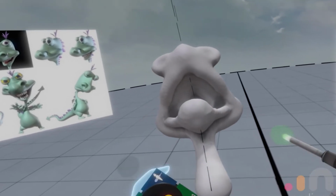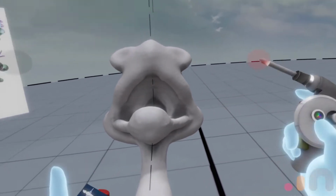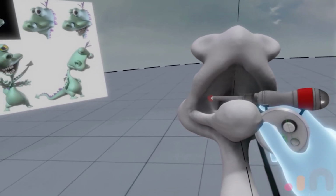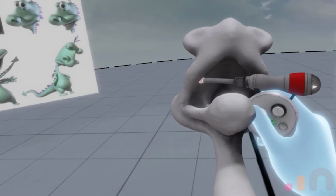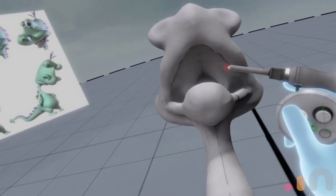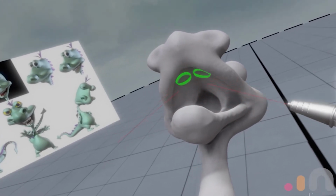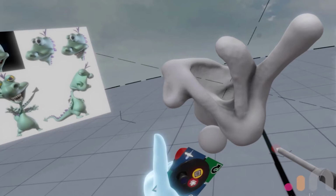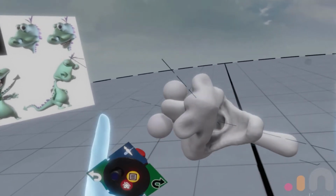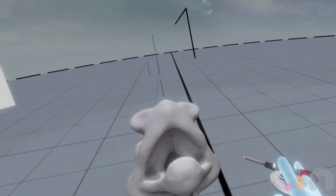I really like the inside of that mouth. That's just trippy. Alright, double tap to get that negative aspect of the clay. You can go in and cut in areas. And as I said earlier, I do have a habit of noodling when I shouldn't be, and this might be one of those cases. It's just that sometimes I get really excited in an area and I just like, man, I gotta work that. Anyway,